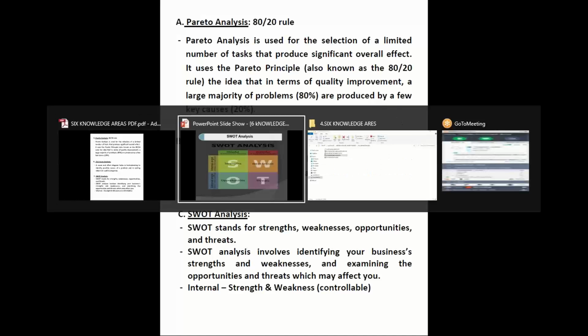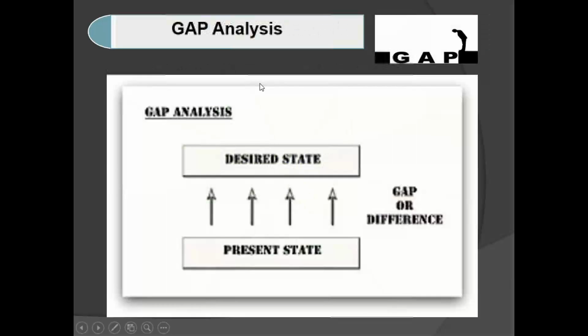Then next comes gap analysis. What does gap analysis mean? The difference between the as-is and to-be process, or the difference between the current state and the desired state, is nothing but gap analysis. Always remember, in a project, the current state or current process and the desired state or desired process should be the same. In case there is any difference between these two, then the project will give bugs.